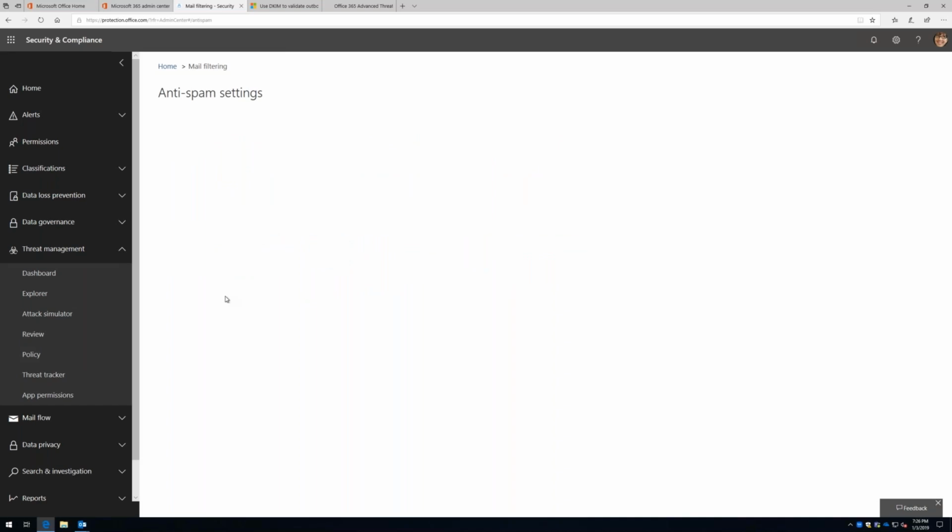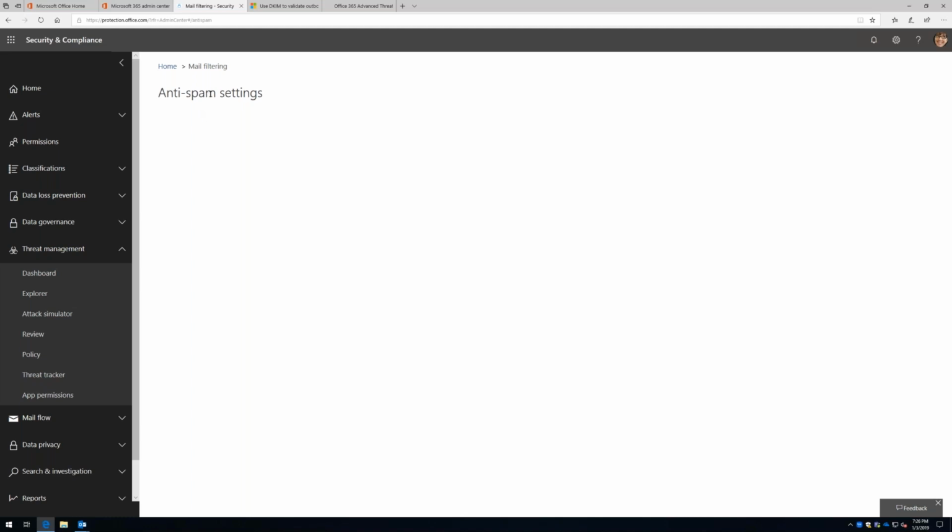So phishing is different than spam. Phishing is where a bad actor is trying to steal your credentials, trying to get you to wire transfer money, trying to fish you, bait and hook you into doing something that you wouldn't normally do. Whereas spam is just messages coming into the environment that have no rhyme or reason. They could be phishing attempts, but they could also just be regular messages, maybe a newsletter or a coupon. I get those all the time in my personal email, and when you click on the link, maybe it redirects you to a malware website, installs malware on your PC. So there is a clear difference between spam and phishing.